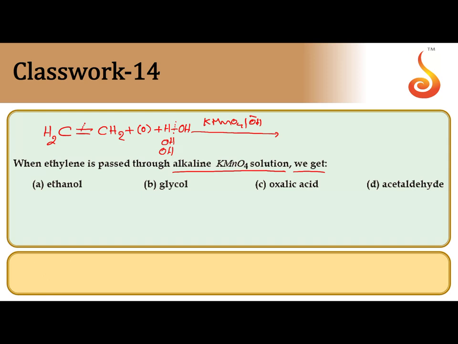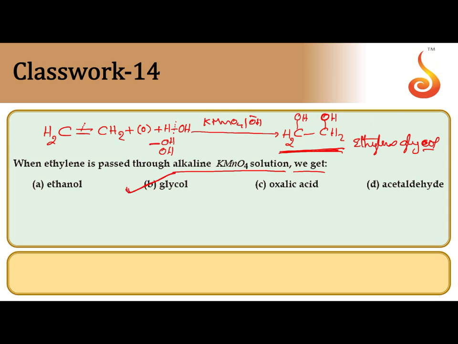Two OH groups are attached at two carbons from the same side: CH2OH, CH2OH. Vicinal diol, ethylene glycol. The product obtained is ethylene glycol. In this process, KMnO4 loses its pink color. So this is one of the identification tests for unsaturated compounds. Since the compound obtained is a vicinal diol, such compounds are commonly called glycols.